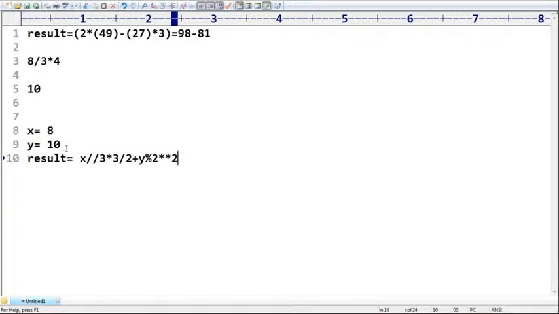X is equal to 8, y is equal to 10. First, which thing will be evaluated? The highest precedence goes to the exponent operator, that's why 4 will be placed. Next precedence goes to floor division, 8 by 3 means 2. Next, 2 into 3 means 6. Then 6 by 2